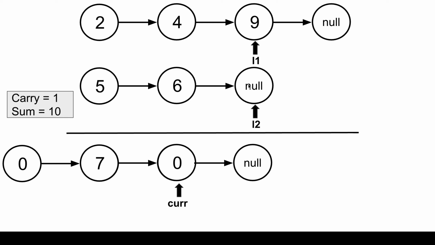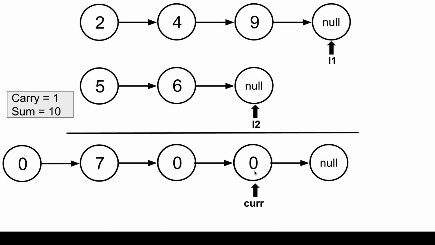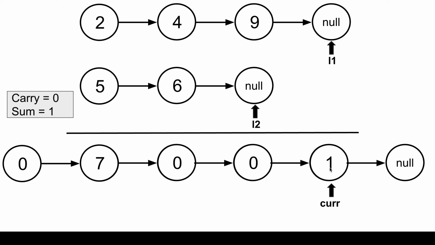When we move forward, L2 is null. We have L1 as 9, but we have carry as 1. So our sum again will be 10, and we'll have carry as 1. So 0 is updated here and our carry is 1. The carry will be populated in the next node here. And we have our total sum as 1007. This 0 is our first reference node to this list. So this is the reference node, and at the end we'll return 0.next, like this node's dot next. Now let's see the code.